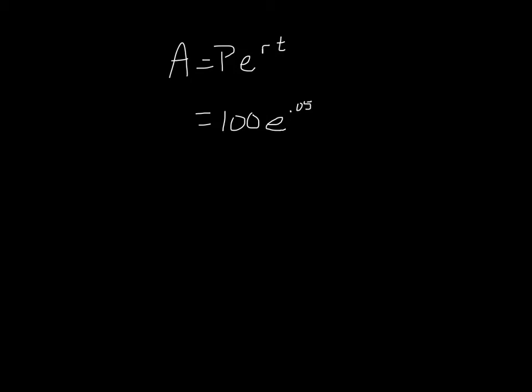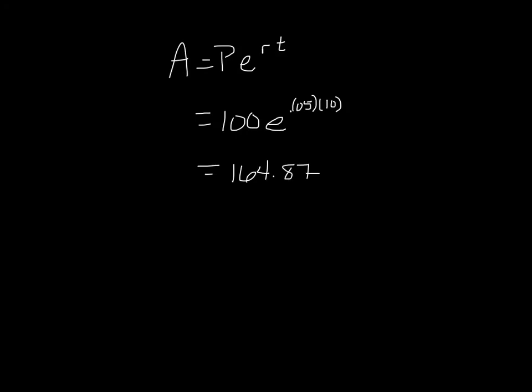And we're trying to find out what's the balance after 10 years. So we'll take that times 10 years. So I go e to the, I use a calculator. You'll find you have an e button on your calculator. And I'll take 0.05 times 10, raise e to that. That gives me 1.6487. And I'm going to take that times 100. Remember, you don't want to round until the very end. So you take that times 100, and you get